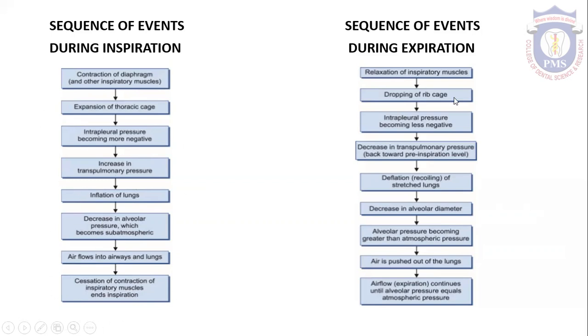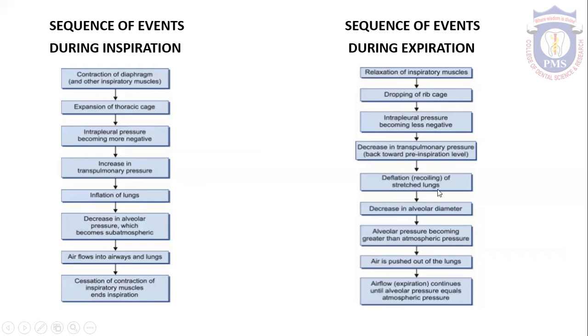Now let's see what are the sequence of events included in expiration. Once the inspiratory muscles cease contracting, there will be relaxation of inspiratory muscle. Once the inspiratory muscles get relaxed, there will be dropping of rib cage. As a result, intrapleural pressure becomes less negative, and we know that intrapleural pressure becomes less negative during expiration, and as a result, there will be decrease in the transpulmonary pressure. There will be deflation of the